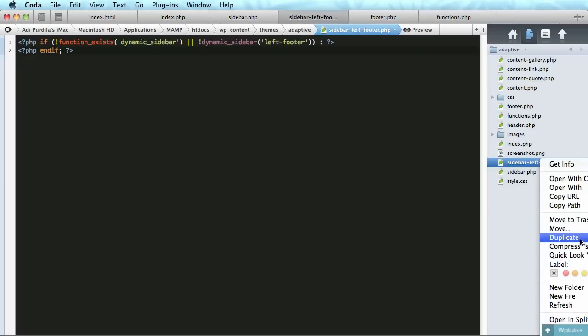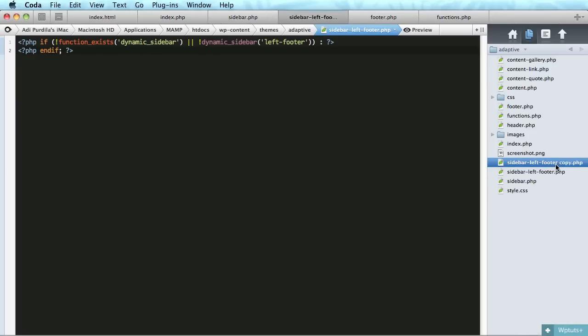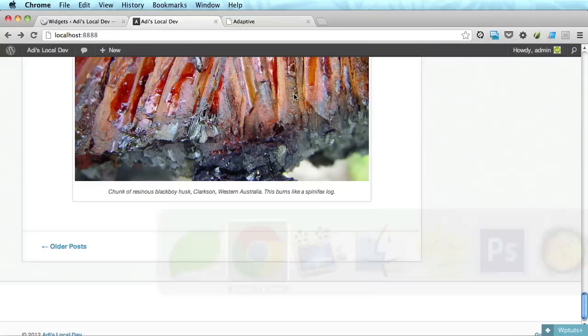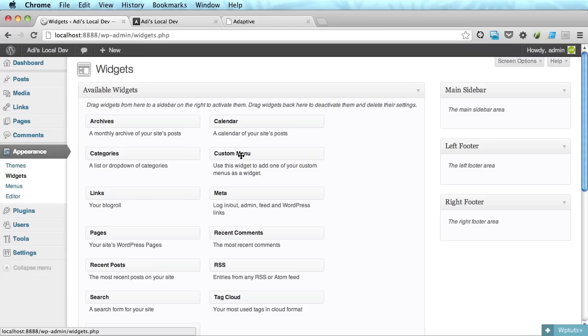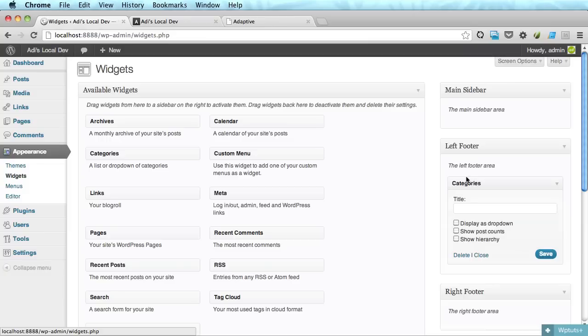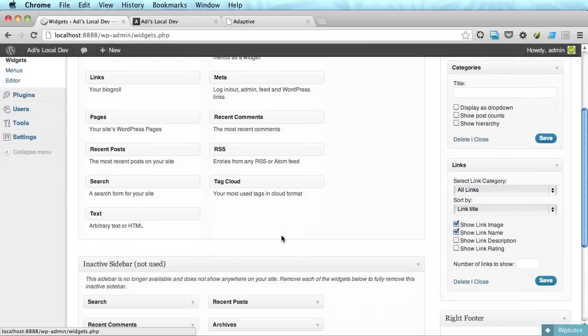And also duplicate this. Sidebar-right-footer. Change this. And now it still won't show anything. But if we start adding some widgets,